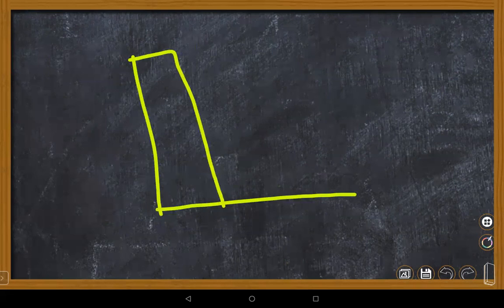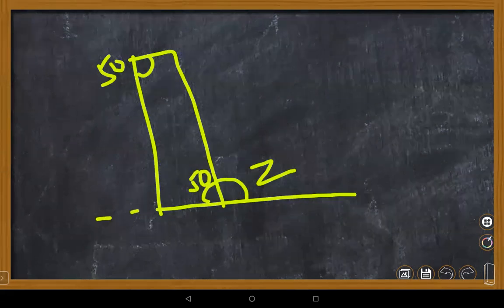Nitya, how did you get that? Z is an exterior angle. Okay, you're asking about the Z value. Yeah, this is Z. You know, this angle is 50. This is opposite to that. Corresponding angles. That is also something you can use. Very good.